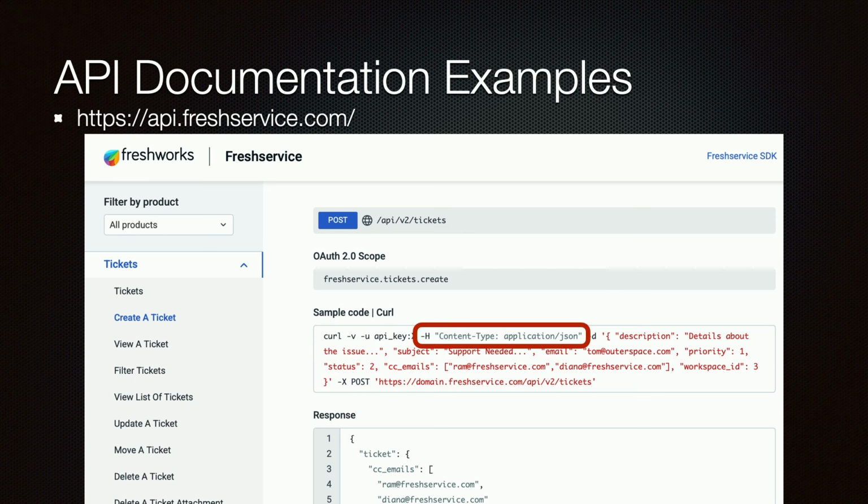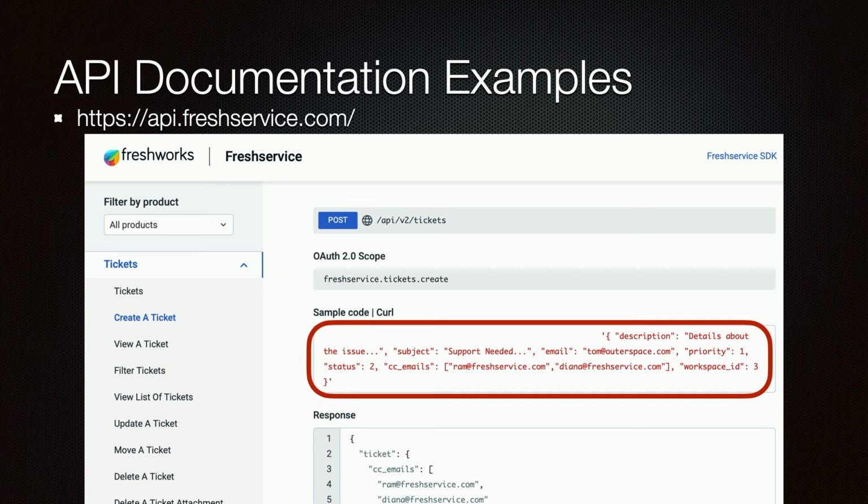Here's the header that tells the API we expect JSON as a response. In this particular example, that's the only kind of response it knows, but the header is still expected to make sure everyone's on the same page. Here's the actual data we're sending, key value pairs. One of the values is a list. Since it's simply a list of emails, no further data is needed or useful, so it's simply a list, it's not a dictionary.